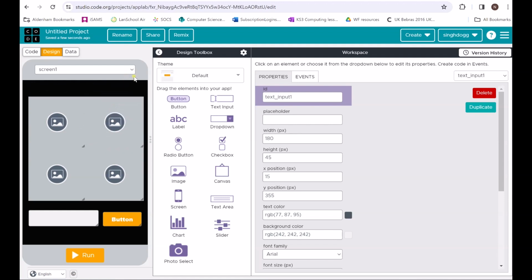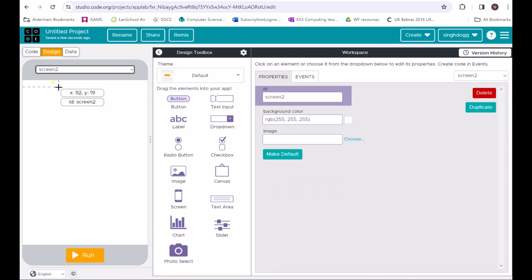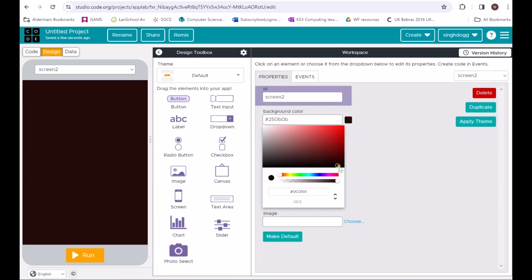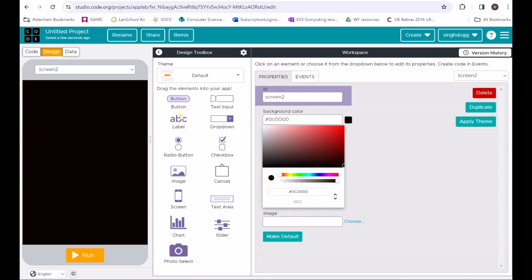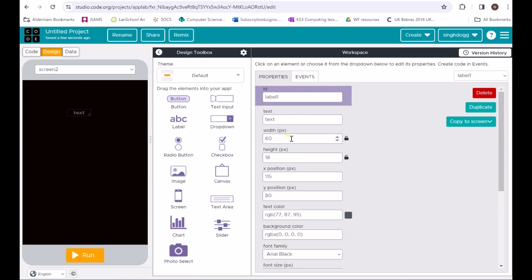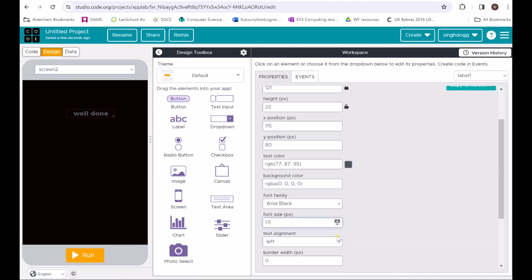In fact, I might just create the second screen now. New screen, yeah, create a new screen, and then just have an image on there that says well done. Or I might just have a message that says well done on there. Yeah, I'll just have a message on there that says well done. So let's change that to well done. Increase the size of the text so we can see it, a big message that says well done,